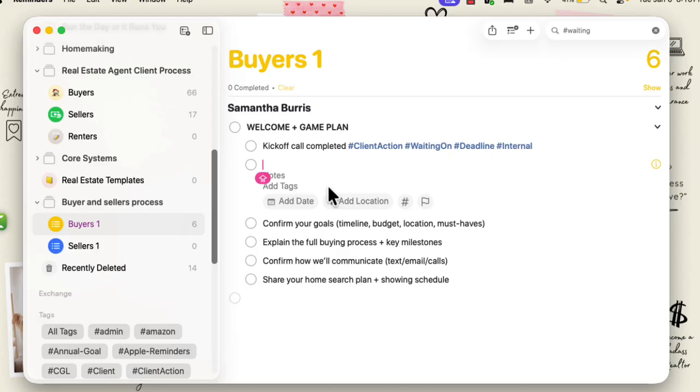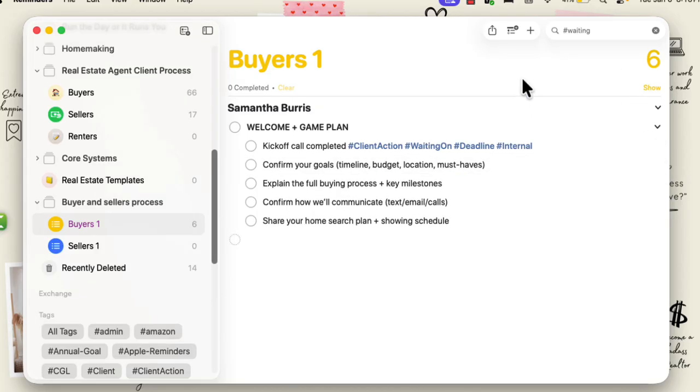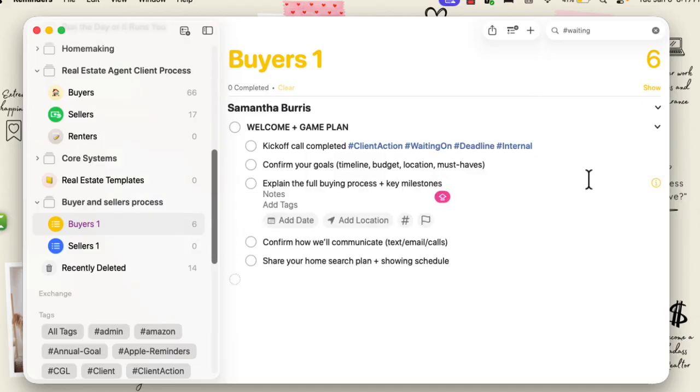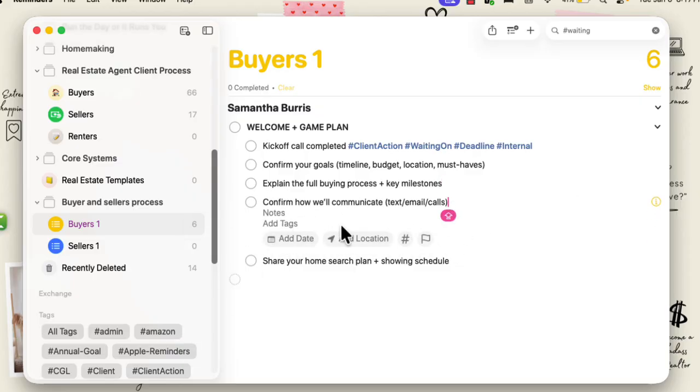Internal. So these are 4 tags for the buyer and seller workflow, and what these do is help you to identify certain things. So if a task is tagged with client action, then your buyer is going to know that this is something they would definitely need to do. For example, a task like this could look like internal, and